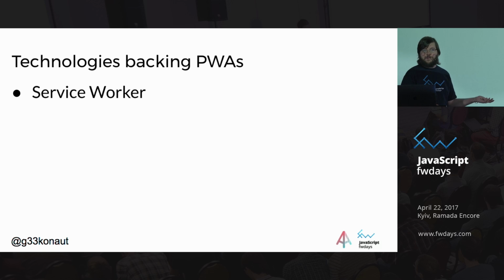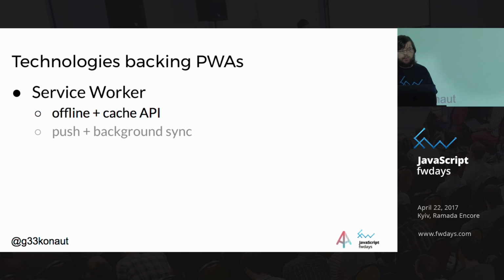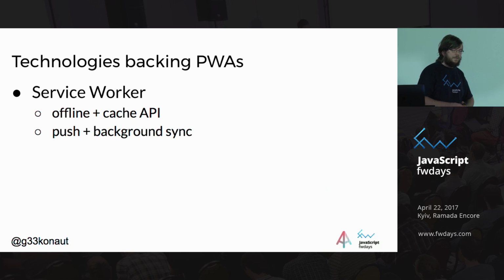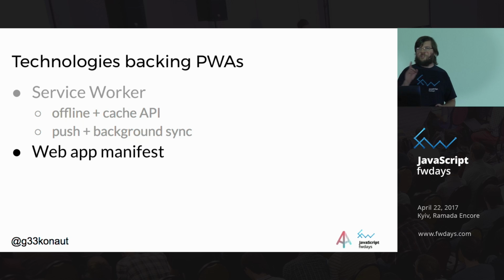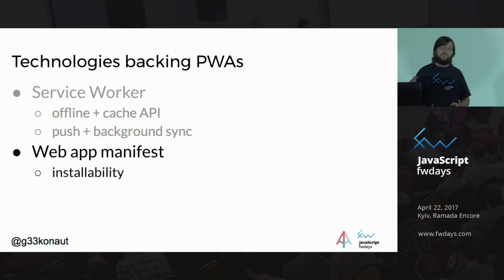Technology-wise, we have the service worker that is responsible for offline and cache access, and also does push and background notifications, background sync and push notifications. And then we have the web app manifest. So these are two of the three things that you have to make the browser go, ooh, this is a progressive web app. You have to have a manifest file that specifies that it's installable to begin with,